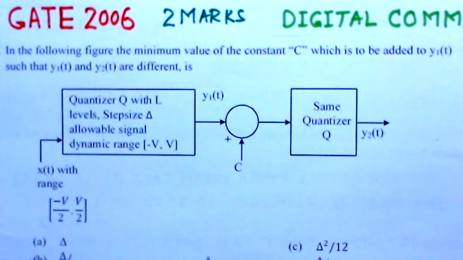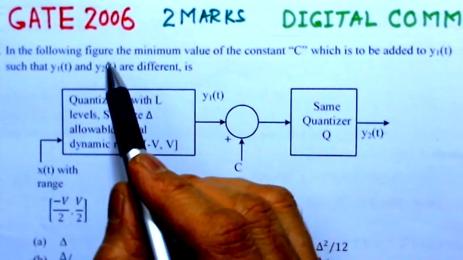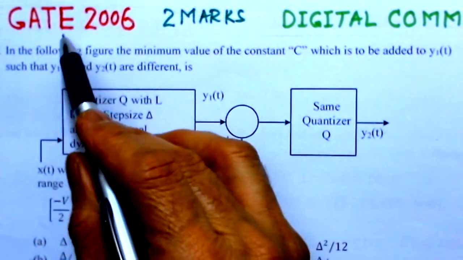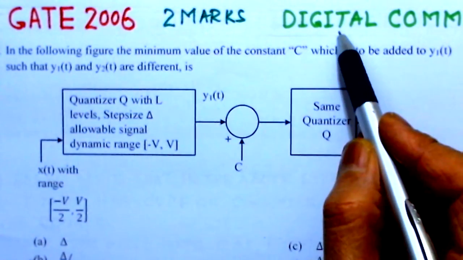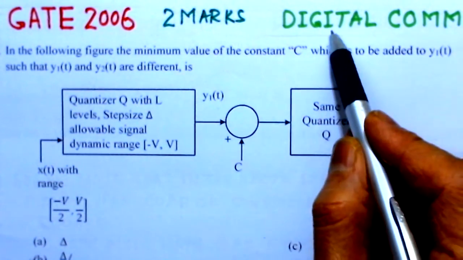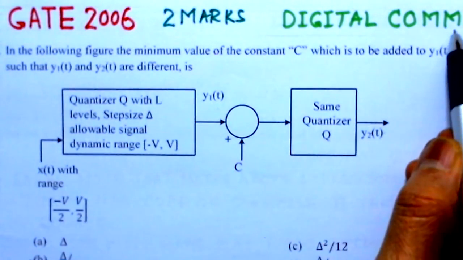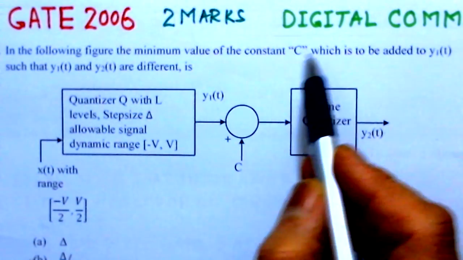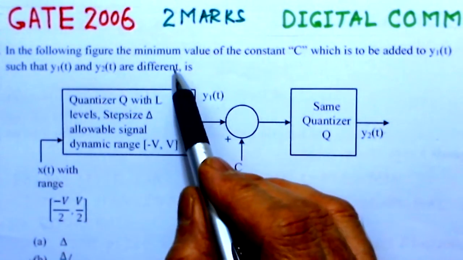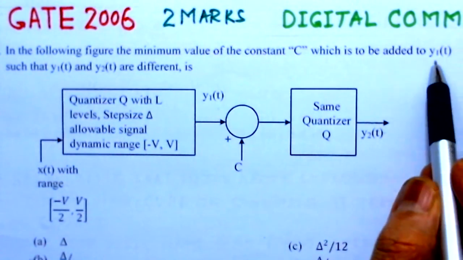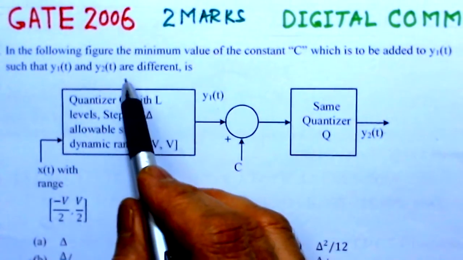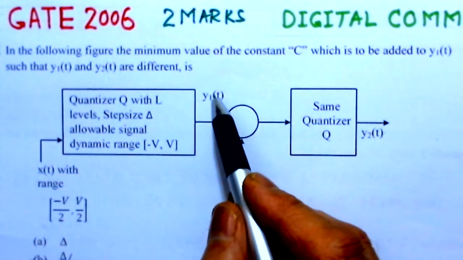Let us consider another problem of GATE 2006, and this problem is of 2 marks, and the topic is digital communication. In the following figure, the minimum value of the constant C, which is to be added to y1(t) such that y1(t) and y2(t) are different, is,